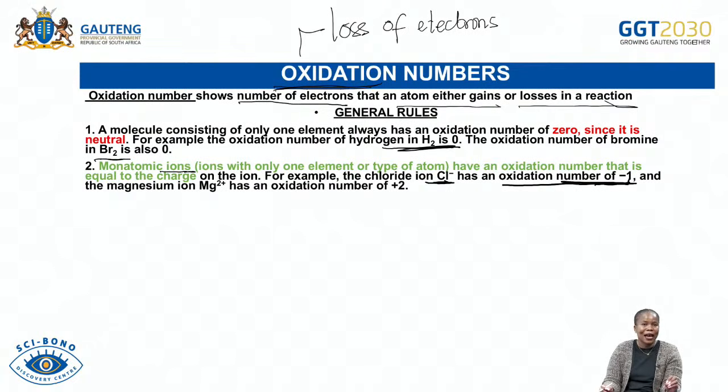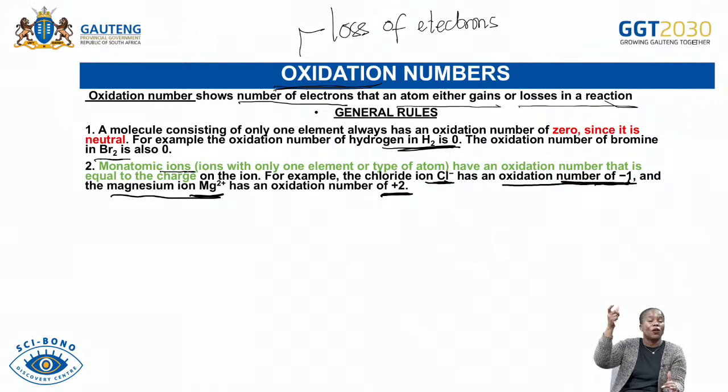Another example is magnesium. It is a cation in this case because it is positively charged, because it is a metal. So magnesium is Mg2 plus. What will be the oxidation number for this monoatomic ion? It will be +2,